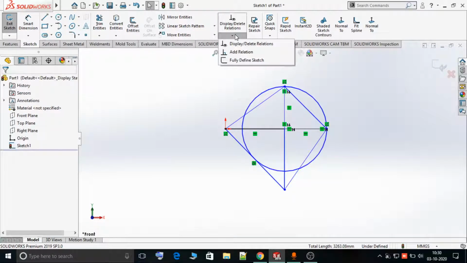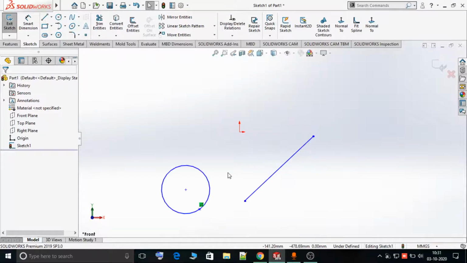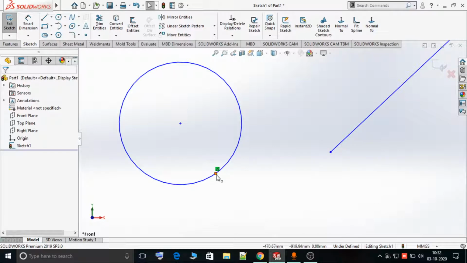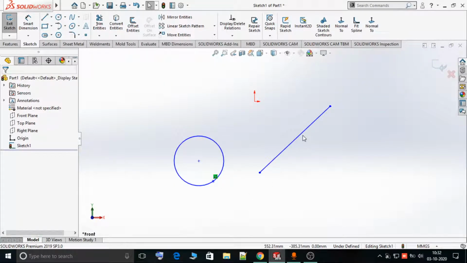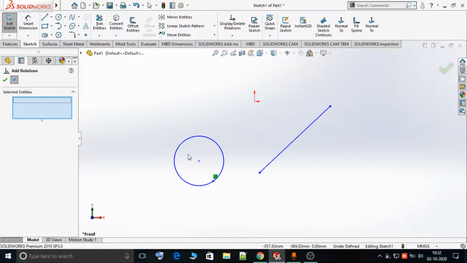Now next we are going to see the add relations option inside SolidWorks 2020. In order to understand the add relations option, I have drawn a circle and a point on the circle on its periphery, and I have drawn one line. Now if I want to add a relation between this line, this circle and point, you can just go and select this option. You have to select the entities.